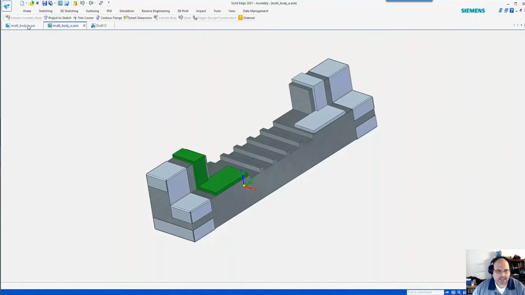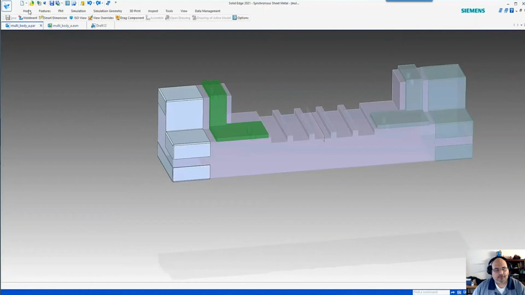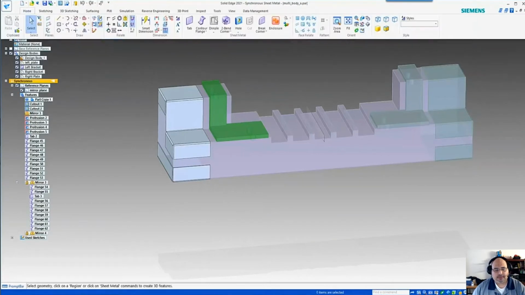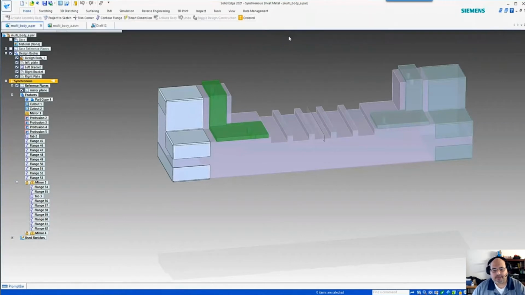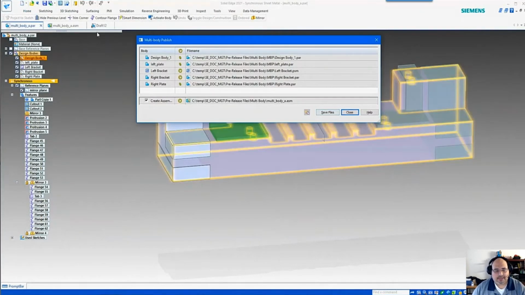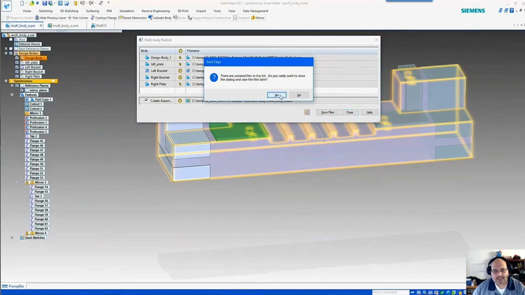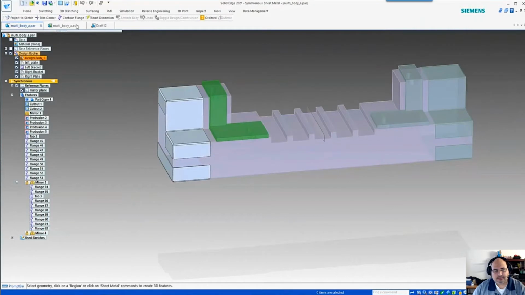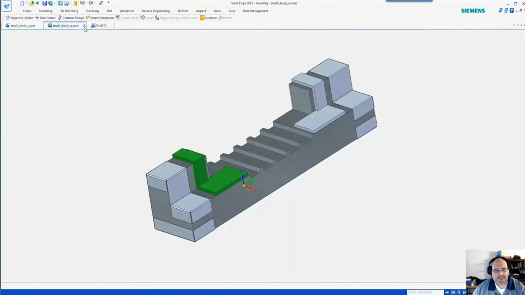it's not going to update automatically over here till I actually publish it out. So if I go back to my original part, there's a command underneath add body called multi-body publish. Same one that we went to before, but you notice that my left bracket, my right bracket now have little clocks on them, as well as my assembly part, my quasi assembly. If I go there and save the parts again and update them,